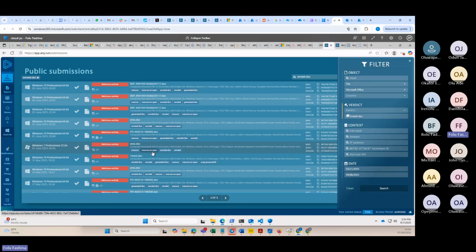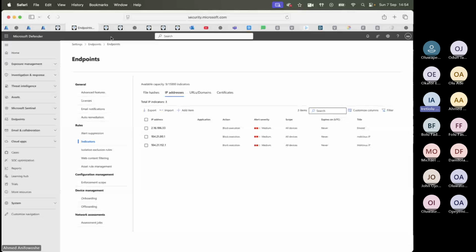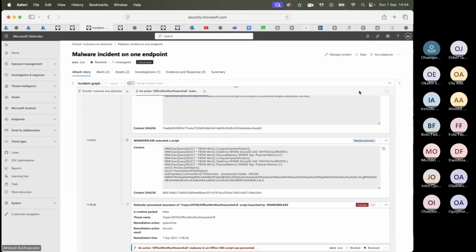I don't know, can you share your screen back, Ahmed, so I can use that screen to do my explanation or the scenario, if you are there? So now, if you scroll up,